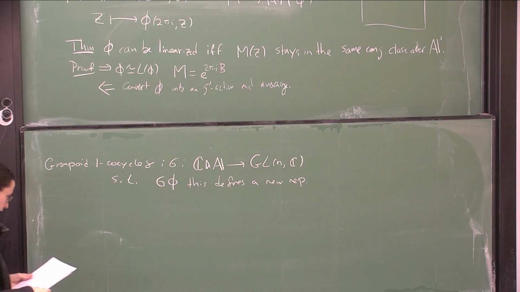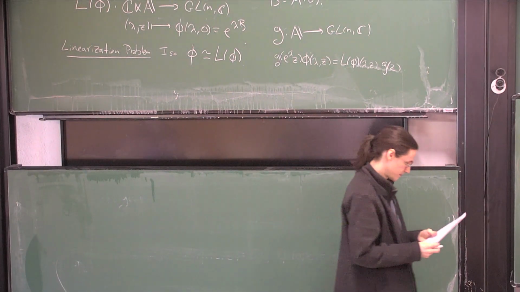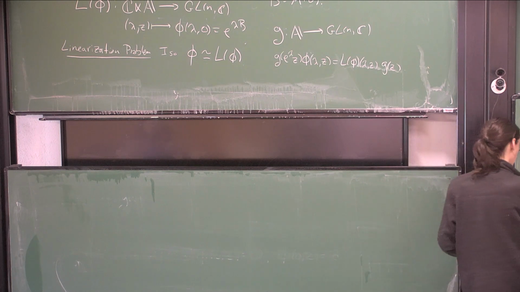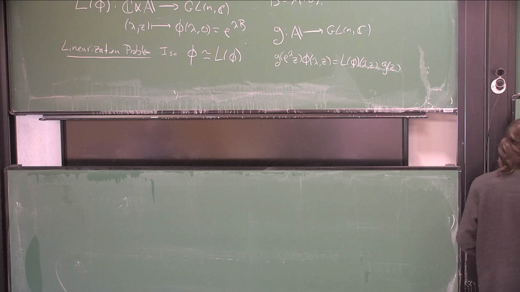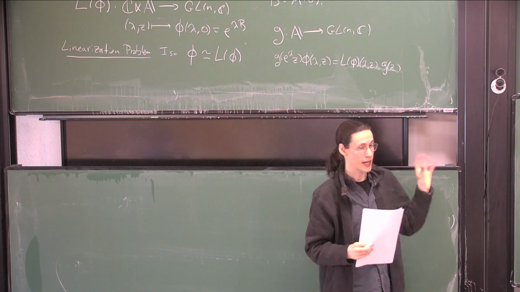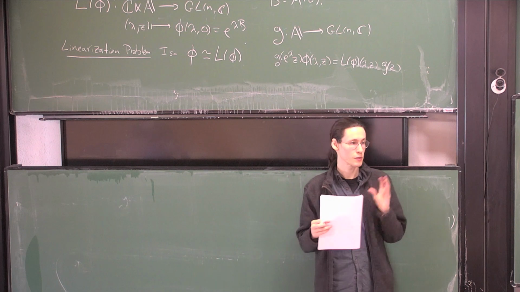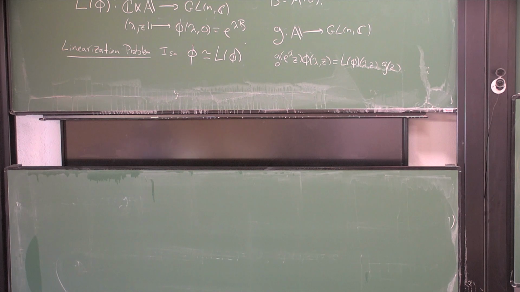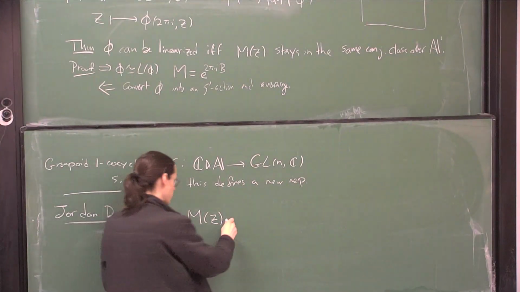So the idea is to encode the unipotent part of the monodromy in a groupoid cocycle, which you can then use to change the representation. So it's actually kind of simple how you do it. Let me just recall the usual Jordan decomposition. We actually saw the additive one earlier: any matrix can be written as a sum of semi-simple plus nilpotent. There's a group version, which is that the monodromy, an invertible matrix, we can write as a product,